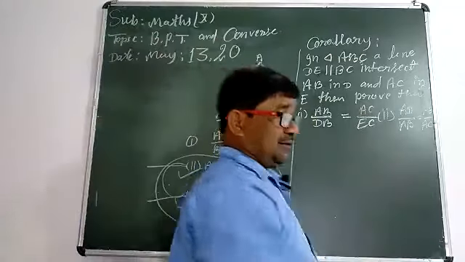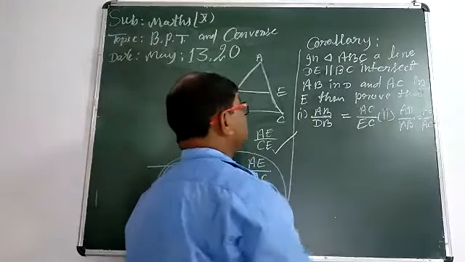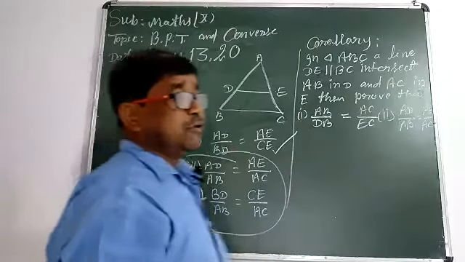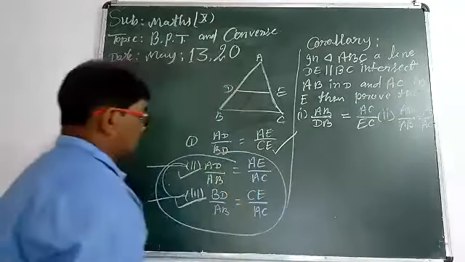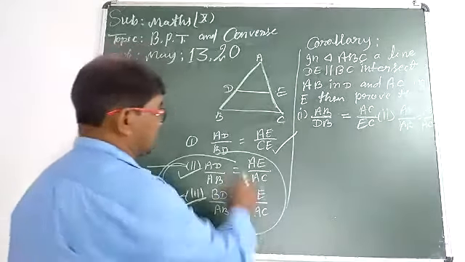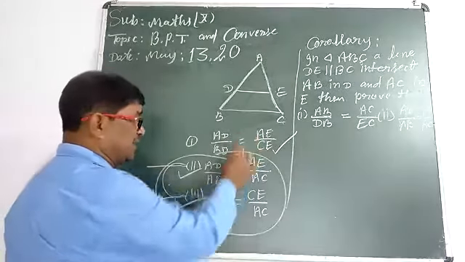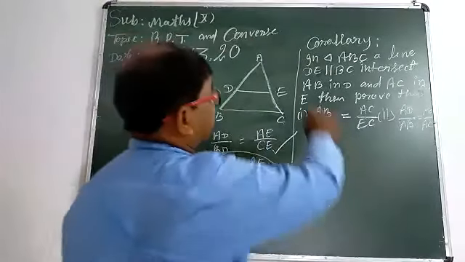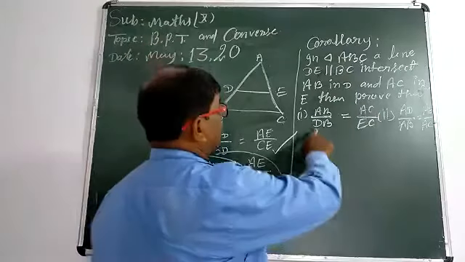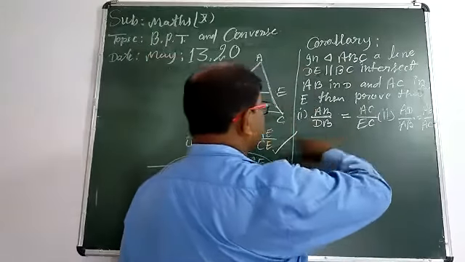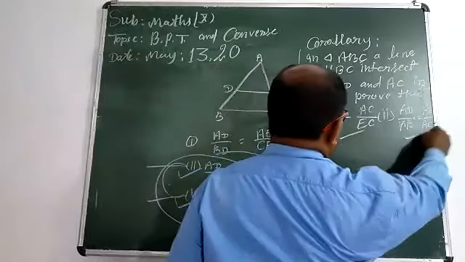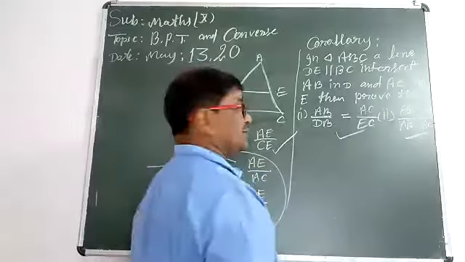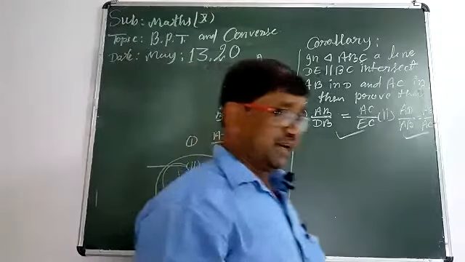Take down this corollary. Today we are going to give our proof and satisfy this. These two are a help for proving another different type of sum. This is the main statement, the major statement, and these two are the formulas taken out from this BPT. So that is corollary. Today we are going to give our proof. These two are right or wrong. Today we will declare something about these two statements.